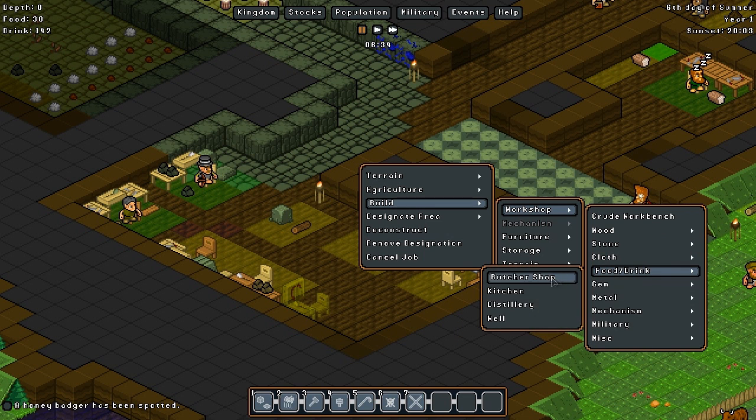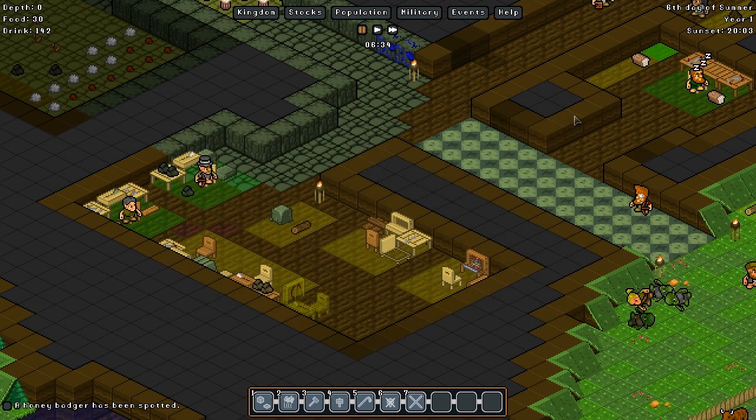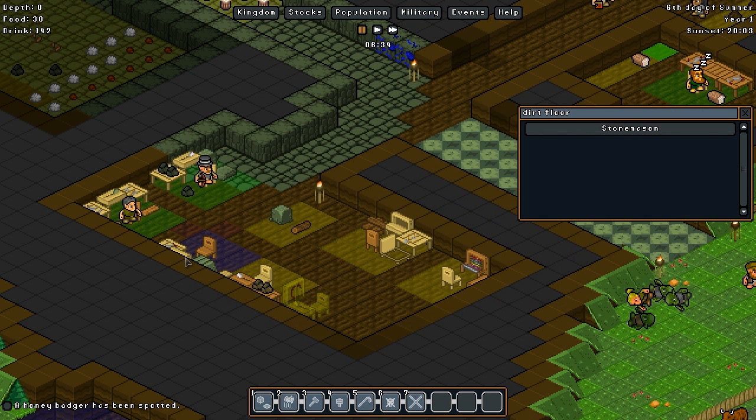food, drink, distillery. So if I wanted to build a distillery, it shows that I need a table and a barrel, and you can hover over these question marks. It says I need a carpenter's workshop for each one of those items. The way the game used to be is you would go in here and say, okay, for me to build this, I need a table. Well, I don't have any tables built right now, and I need a barrel, and I don't have any barrels built right now. So you'd have to go out of here, go into the carpentry one, which is here,